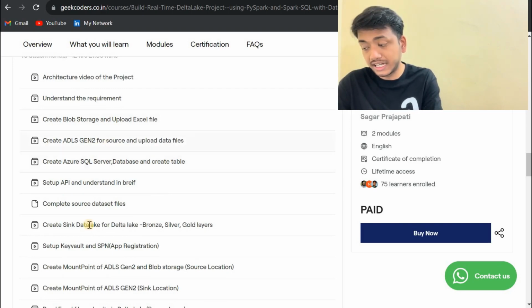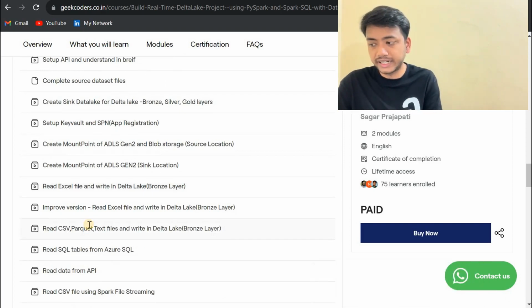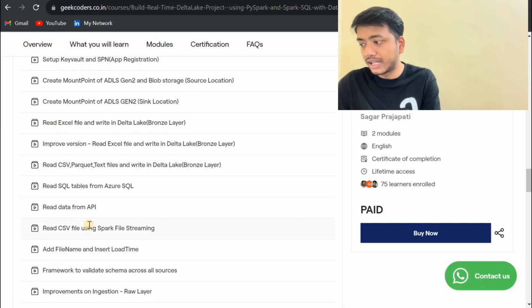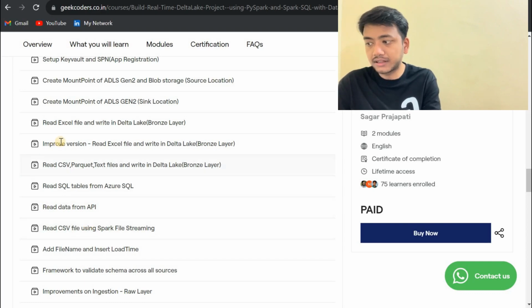So all these files, data files also I have given to you. And then how we can set up a Delta Lake, right? Those things I have shown you. And then how to create a mount point, right? And then how we can read the Excel files into Delta location, then improve versions, like read CSV, parquet